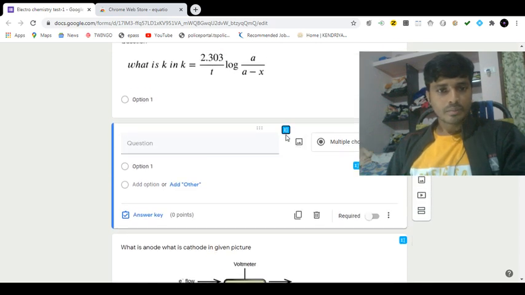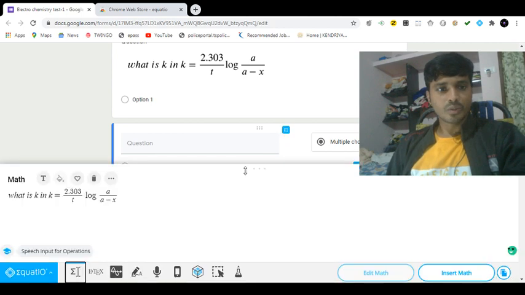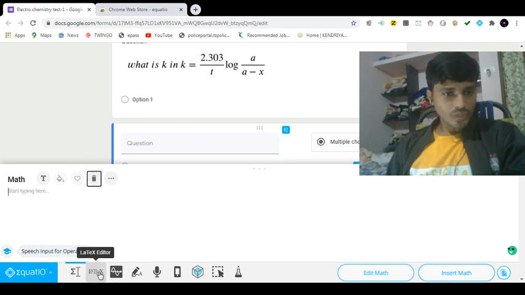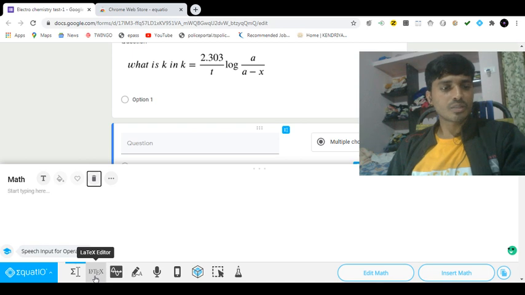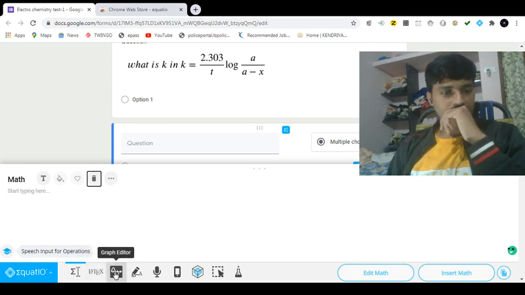Now I am taking this. This is a symbol you have to click every time you want to make this. I am deleting this one. So this is the LaTeX editor. This is basically for copy and paste. If you are copying from some other sources, you can paste it here, and the maths formulas will paste automatically. That also we will see.